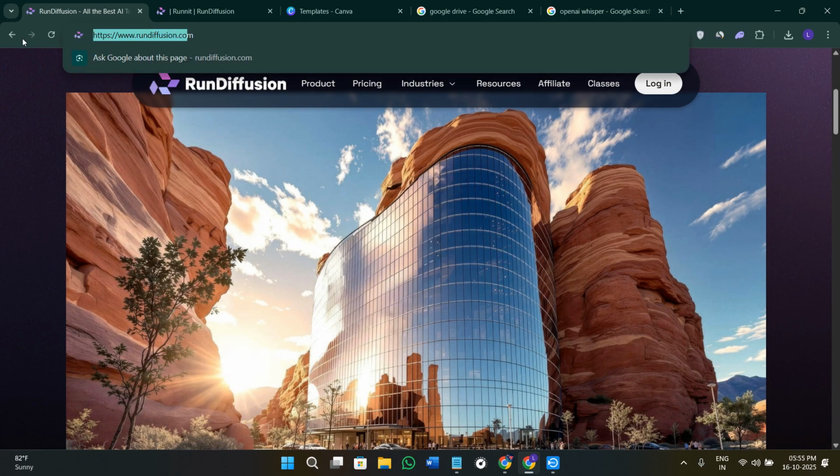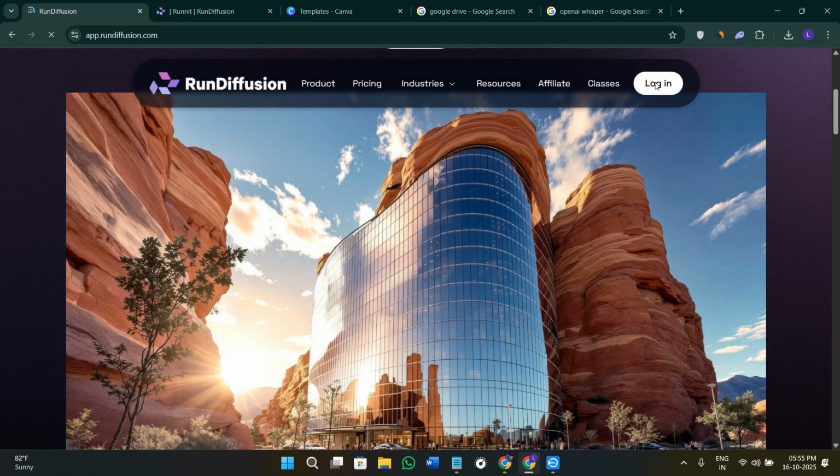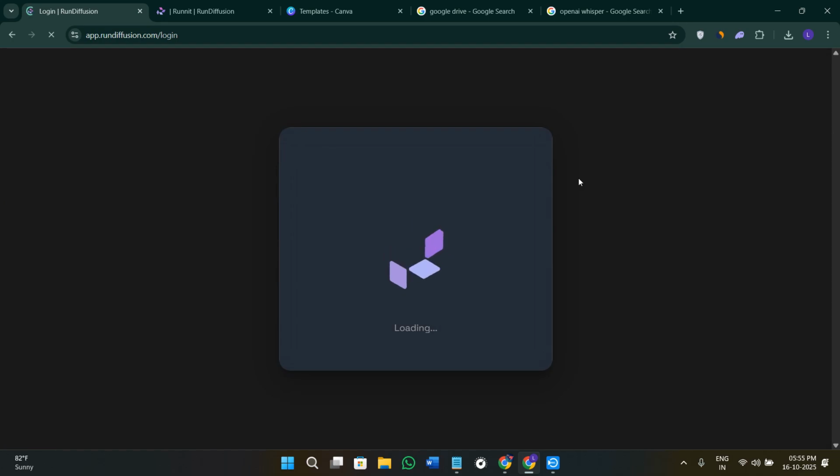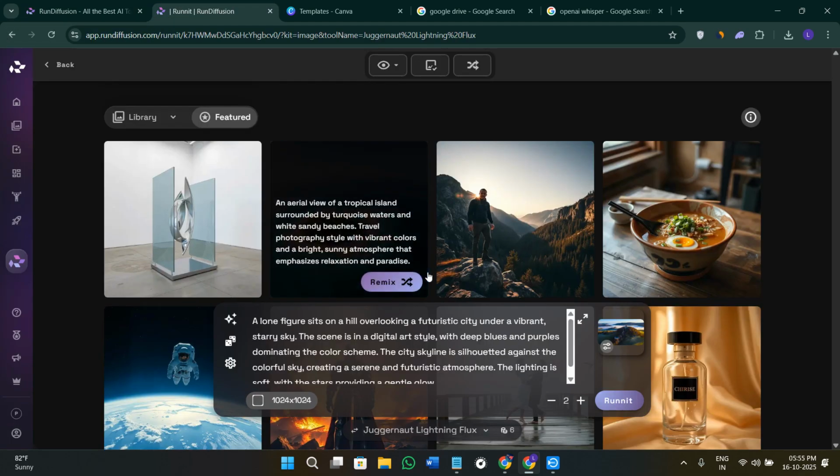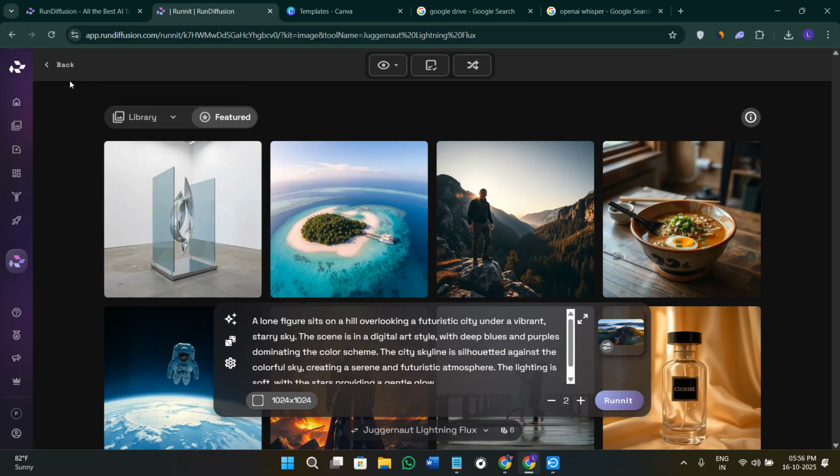First of all, you need to come here on rundiffusion.com. Then you need to click on the option of login and you can continue here with the help of your Google or your email account. If you already have an account here, you just have to provide your login credentials in order to log into it. Now this is going to be your dashboard of Run Diffusion